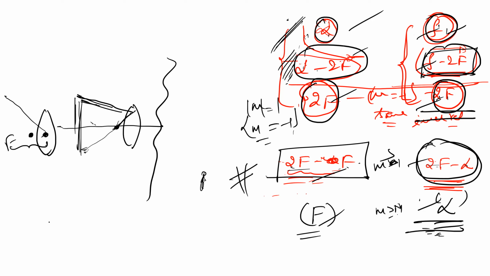In all the places in a convex lens, you will find only one place where you get a virtual image. Because in this case, between focal length and optical center, the image will not be formed by the rays. It actually appears to be coming from that previous point just in front of the lens. That is why this is the only place where you will see a virtual image.